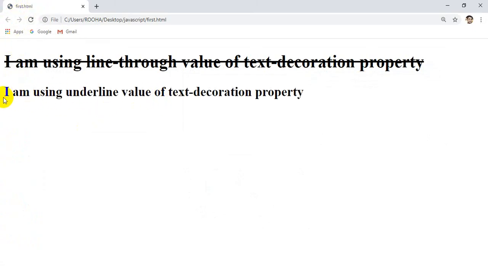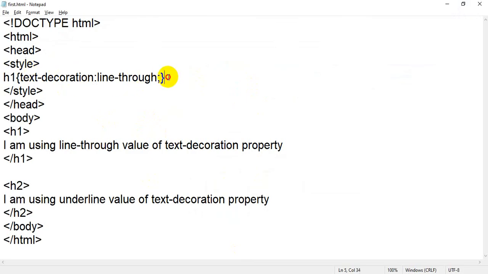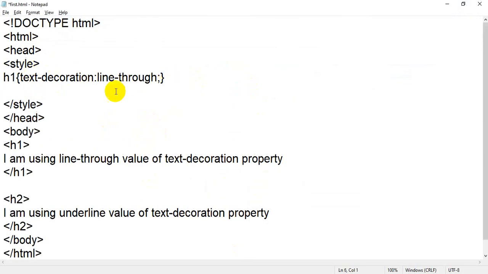So you will get a second heading, but right now we don't have any CSS on that particular heading. So I will apply CSS on H2. Just try to understand. I am going to apply it on H2, so I will simply write H2, then opening and closing curly brackets. Inside that I have to use text decoration, then colon, then you have to assign a value.